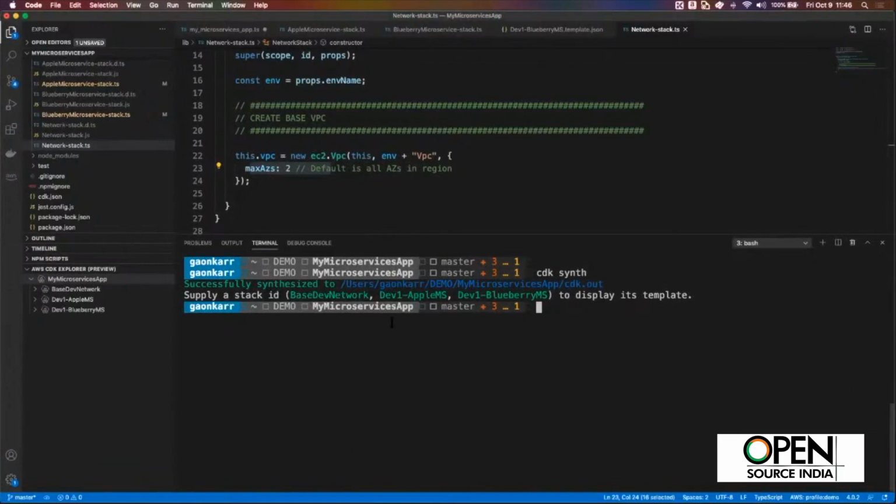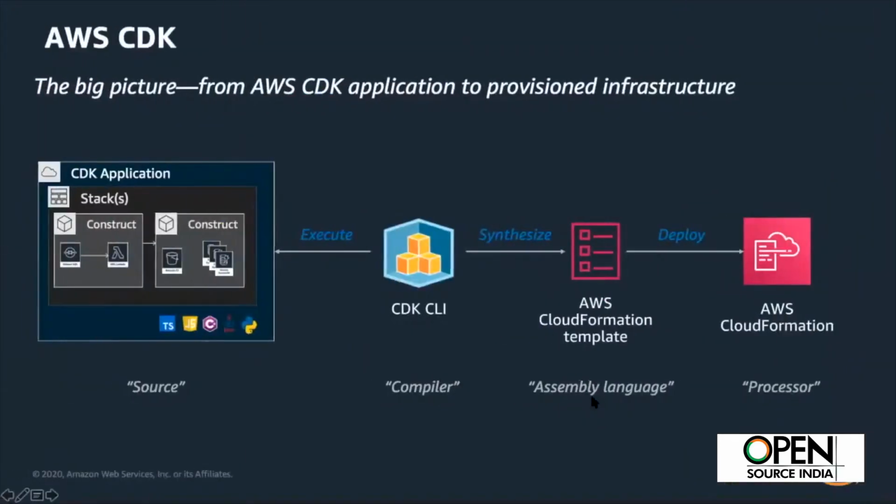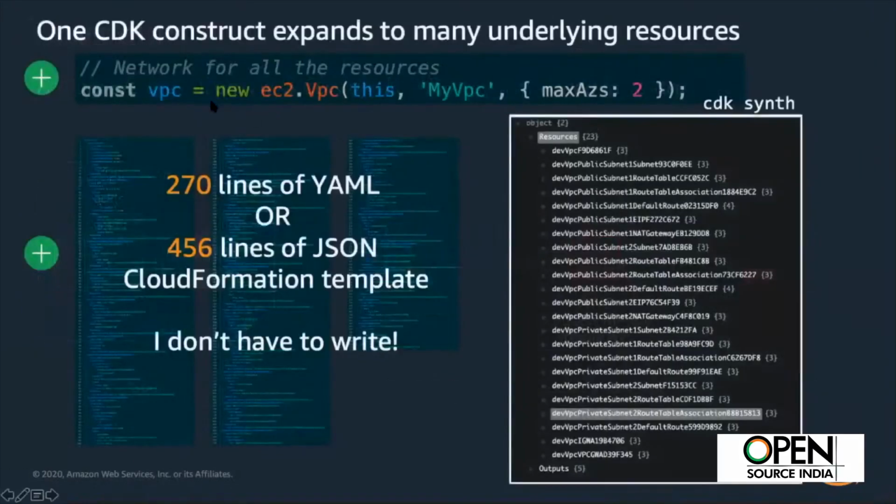I have to work with the code, the terminal, and just VS Code. I don't need to go to the AWS console at all if I have to work with my infrastructure and with my application. So what happened is this just one command, VPC new ec2.vpc, the one I had actually launched last night,